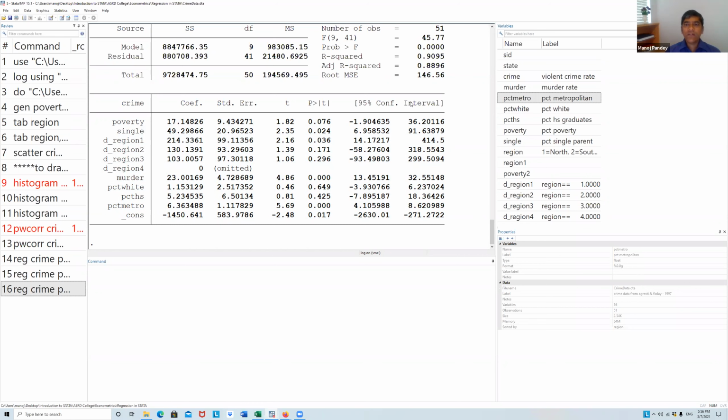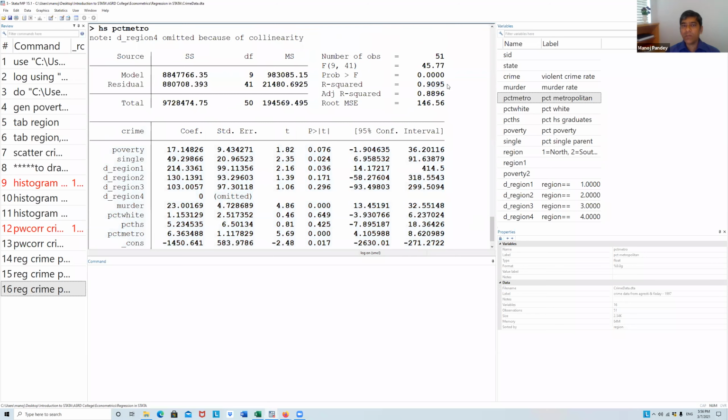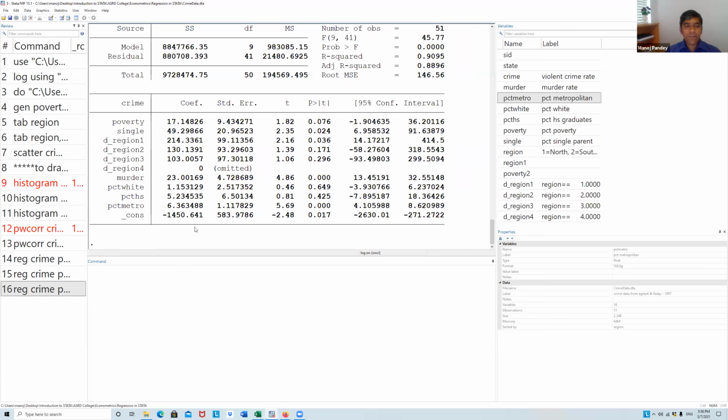Because what this model says is that 91% of the variation in your dependent variable is caused by the explanatory variables included in this model. But then still 9%, 8% variation is not captured. And where that variation is going, that variation is captured in the error term, right? Whatever is not captured by your explanatory variable is basically going into a dustbin, which you call error term or residual, right? So you can keep changing.